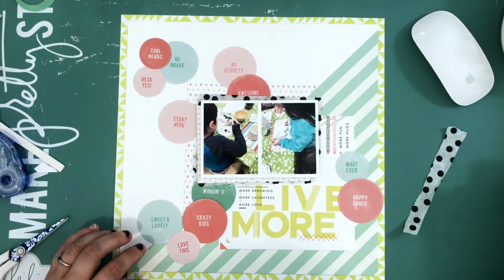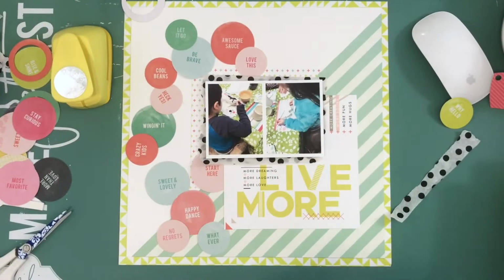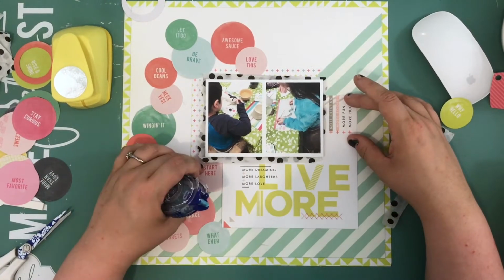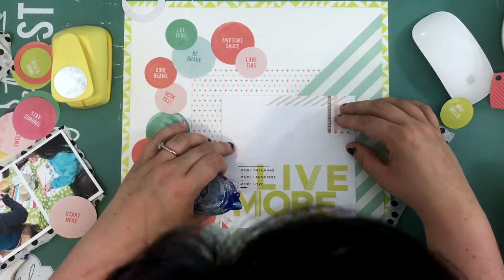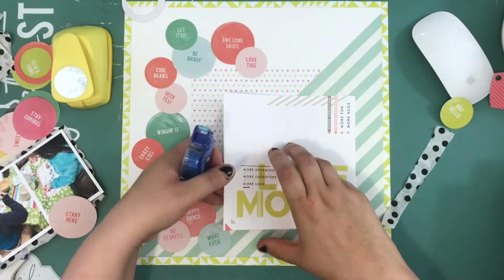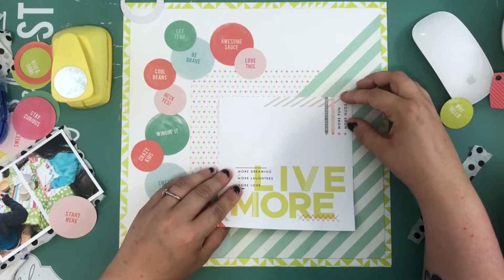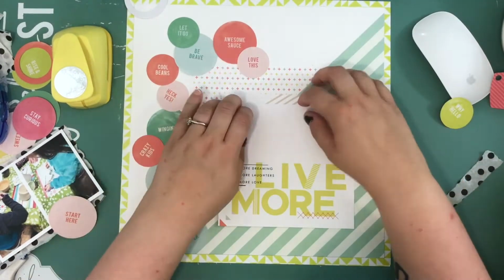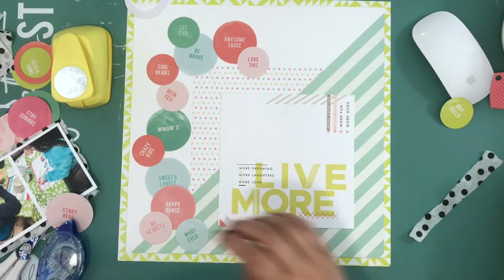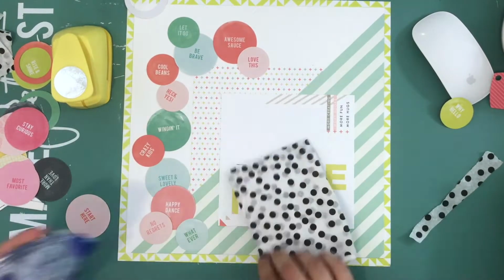I think even the most experienced scrapbooker definitely has that moment where they hum and haw and struggle with what we're doing. And it's weird because to me it never makes any sense when I'm not sure what I'm doing, because I'm like, what does it matter what the design looks like? I'm just recording memories, but I still want it to look nice, as well as function as a